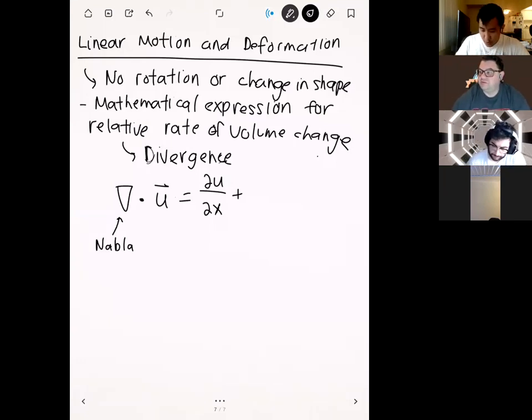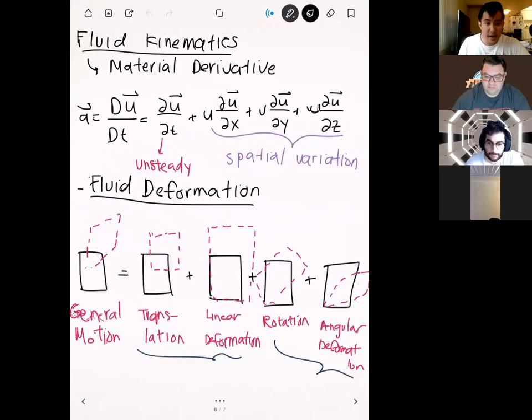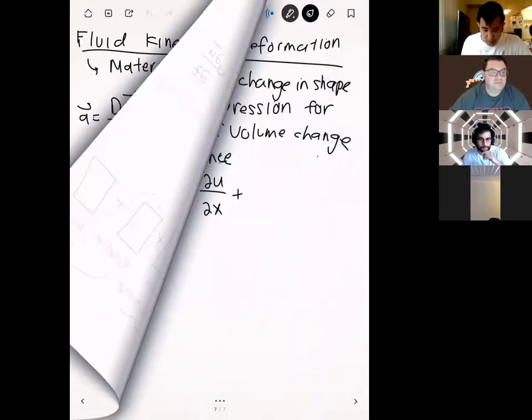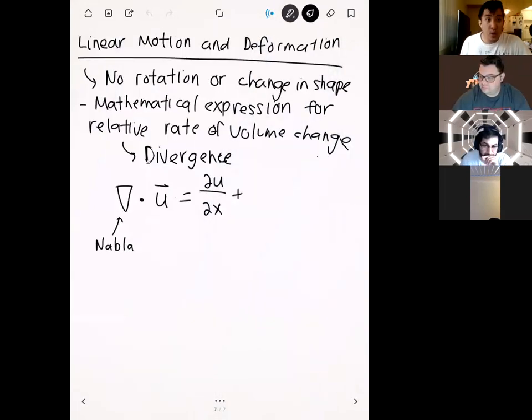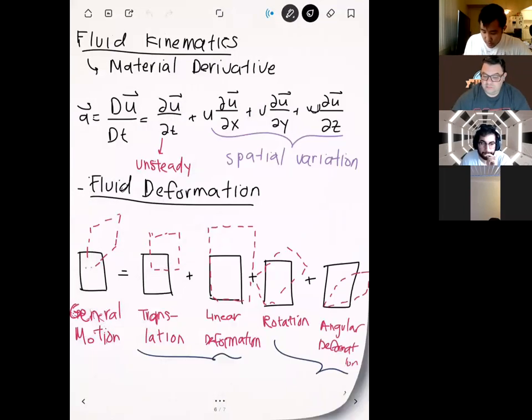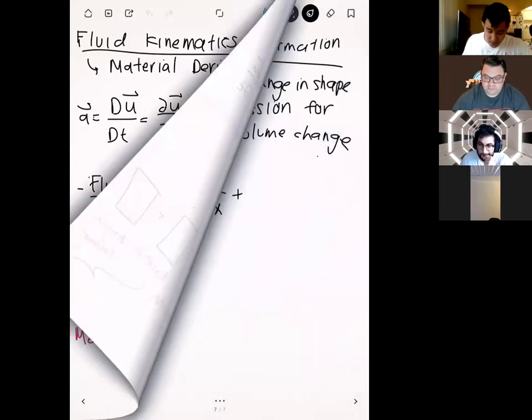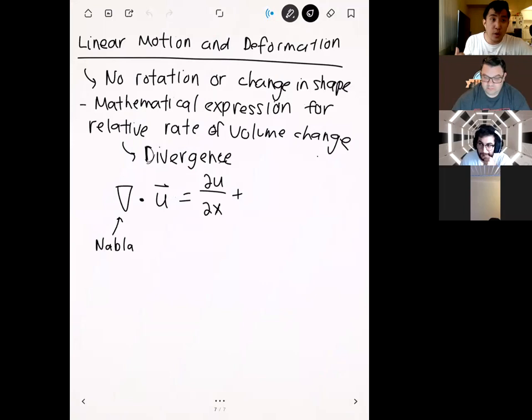So let me go back a page. Did everyone get this last page over here with all the translation, linear deformation, rotation, angular deformation? Everyone get this part here? Okay. And so what I want to do now is take those 4 different modes and group them together. So I group these first 2 for translation and linear deformation. Then we want to form a mathematical expression for this. Okay? And so the first we're going to do is